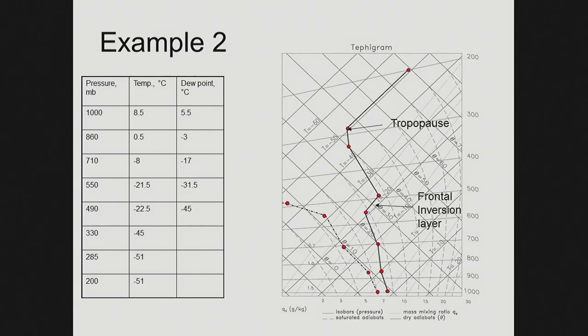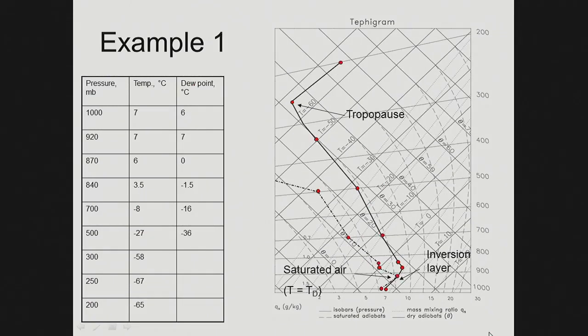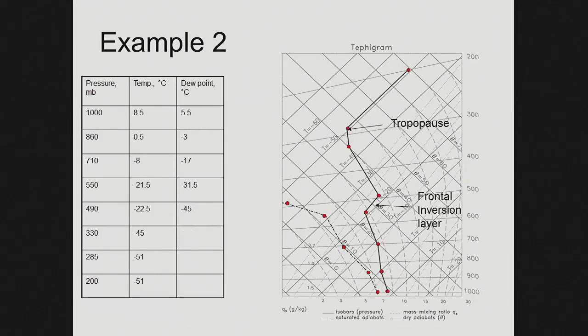And here's another example. We'll do the same sort of thing. On this one we have an inversion layer at the surface, very similar to what was there in Valencia this morning. So we can see a bit of a cloud layer, inversion layer there. The secondary tropopause at the top of the diagram. Here's another example plotting another profile,